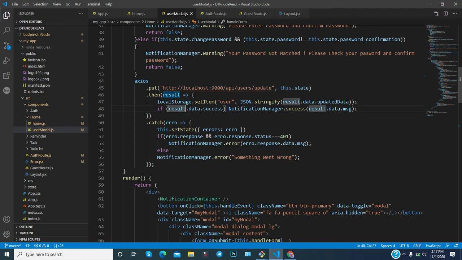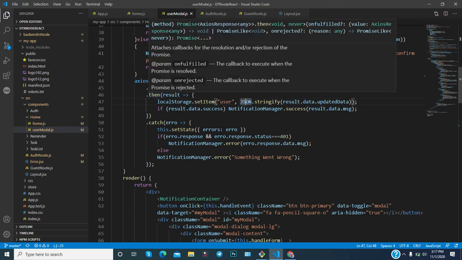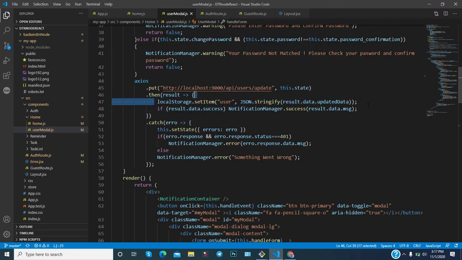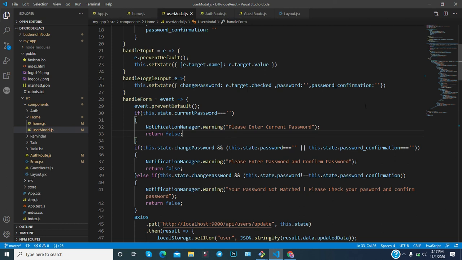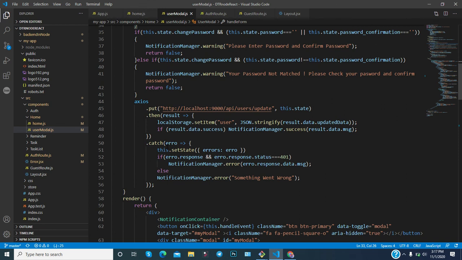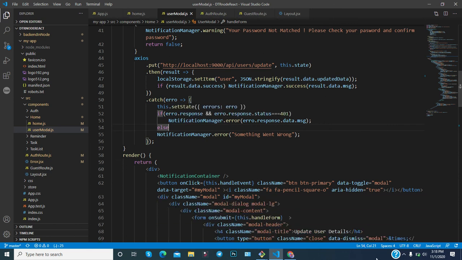If any problem happens in this particular then block, even if the result you are getting is correct, the catch block will execute. Whatever is written in the catch block will be executed. So I hope that you understand this.